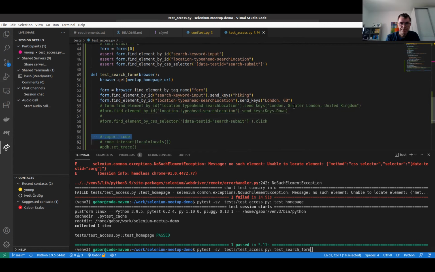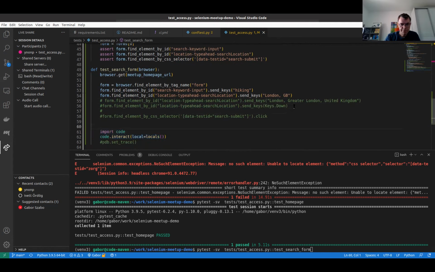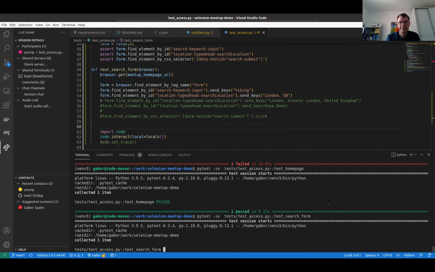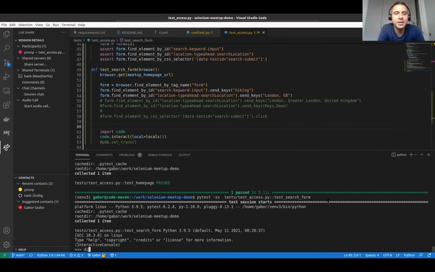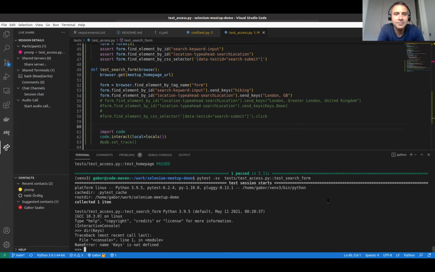Selenium keys down. Dot down. That's just dot down, capital case.